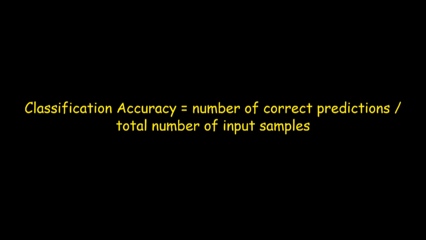Before proceeding for technical implementation, let us discuss one more important concept called classification accuracy. Accuracy is one metric for evaluating classification models. Classification accuracy is the ratio of number of correct predictions to the total number of input samples. It works well only if there are almost equal number of samples belonging to each class. In case of unbalanced dataset with respect to classes, we need to consider other metrics like precision, recall, and F1 score for measuring the performance of the model.